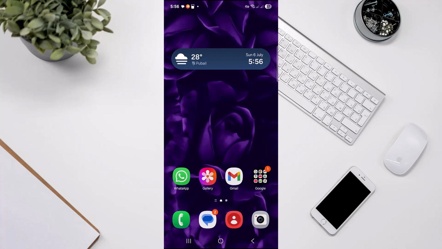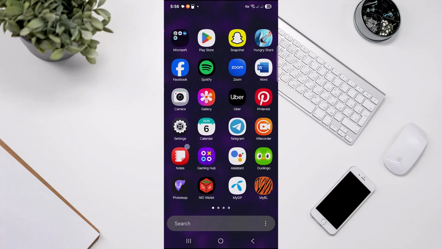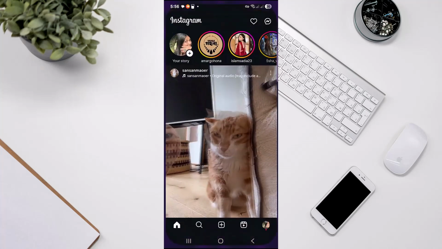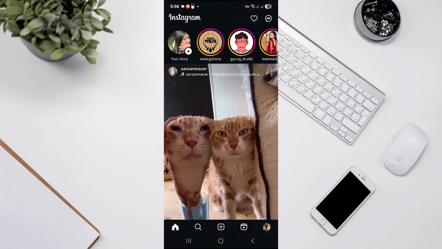In today's video, you're gonna see how to delete a second Instagram account. So to delete that second Instagram account of yours, first log into that specific account. So I'm going to go to my Instagram account. This is my second account. And then you have to navigate to your profile